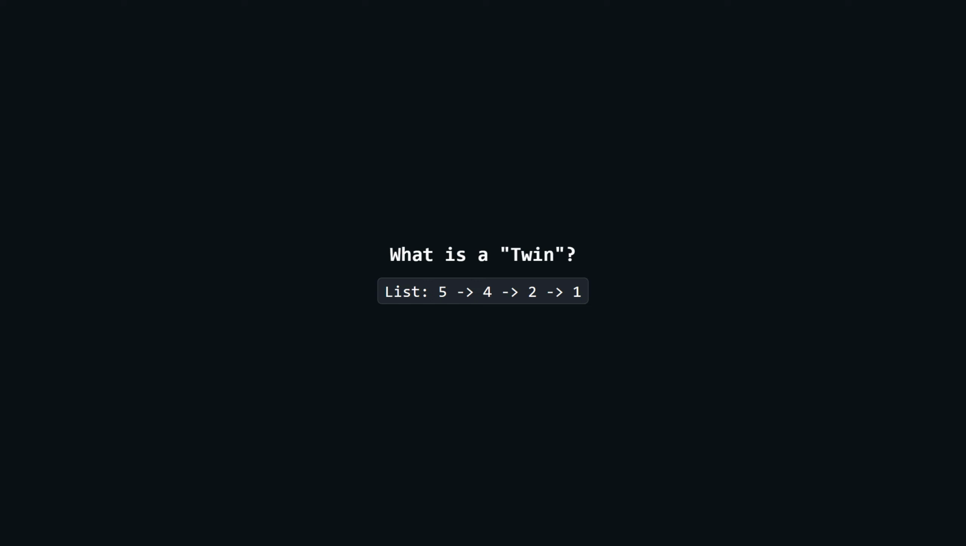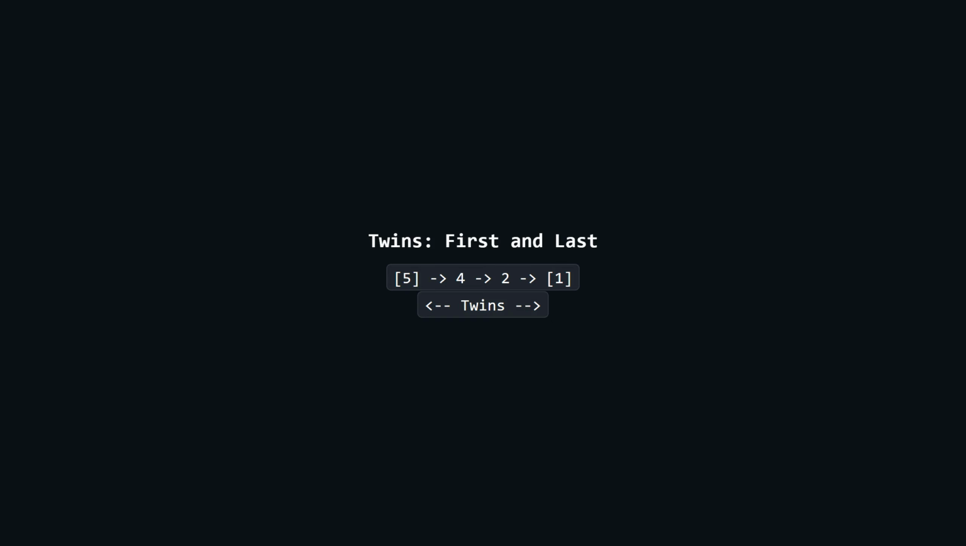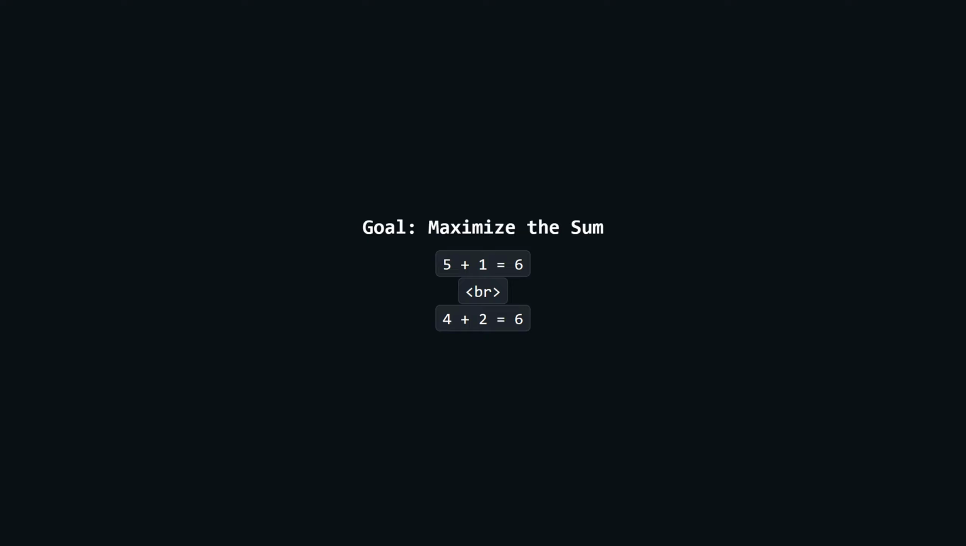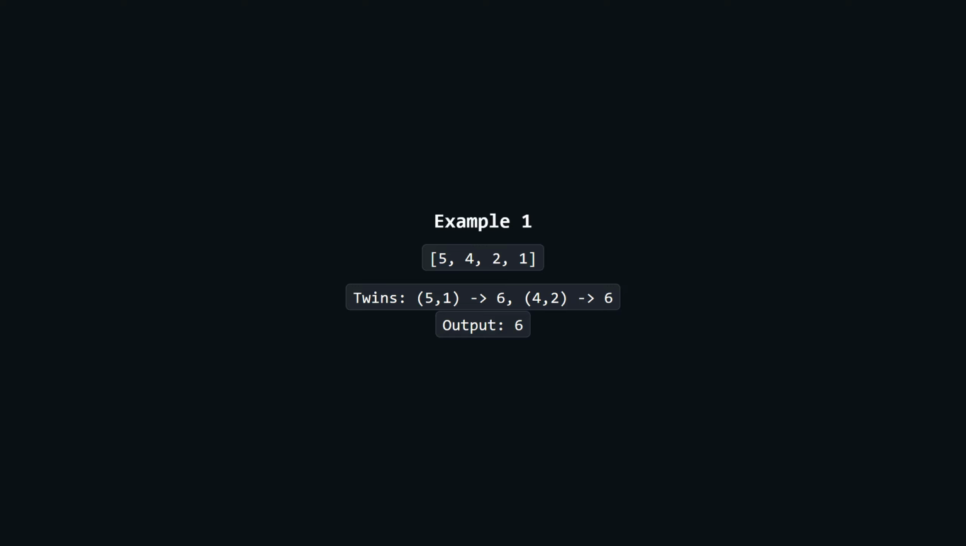visually step by step. We are given a linked list of even length, and we need to understand what they mean by a twin node. The very first node's twin is simply the very last node in the list. As we move inwards towards the center, the second node is twins with the second to last node, and so on. Our goal is to pair these twins up, add their values together, and find the absolute highest sum we can create. In this simple example, both pairs add up to exactly 6, so the maximum twin sum we return